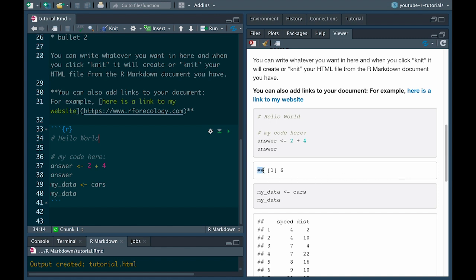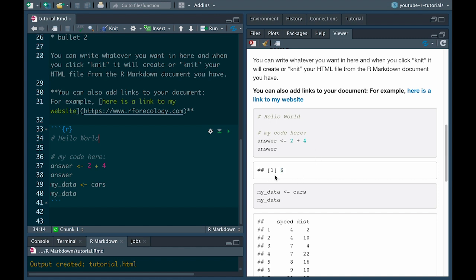These hashtags here just indicate that it's the console output. The 1 in brackets here just indicates that it's row 1. If you had tons of numbers here and it wrapped around to a new row, you'd have a 1 and then a 2 and then a 3 and so on. So you can ignore everything that's highlighted right now. The only important thing is the 6, because 2 plus 4 is 6.